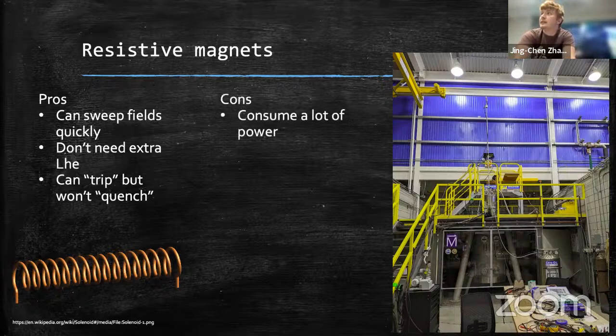Quick confirmation. What does the trip quench mean? Yes. So trip is what I just described, where all the power will turn off, and you can put all the power back in and the magnet will turn on and things are fine. So it trips by breaking, but it's pretty quick to recover. The quenching is what happens necessarily with superconducting magnets. It doesn't have to happen, but it only happens to superconducting magnets where